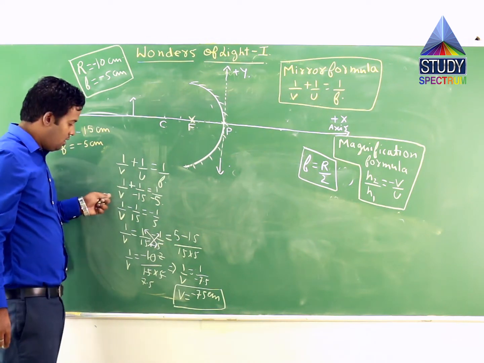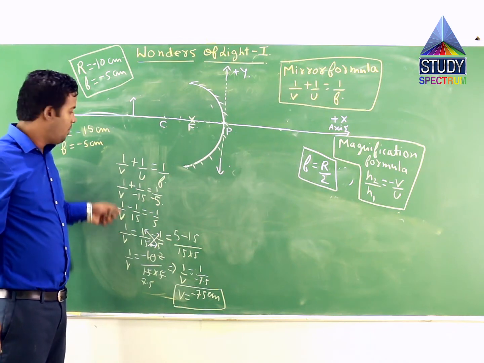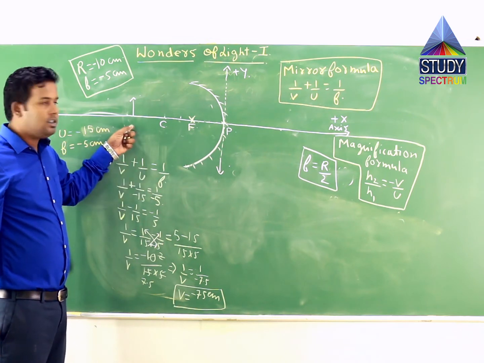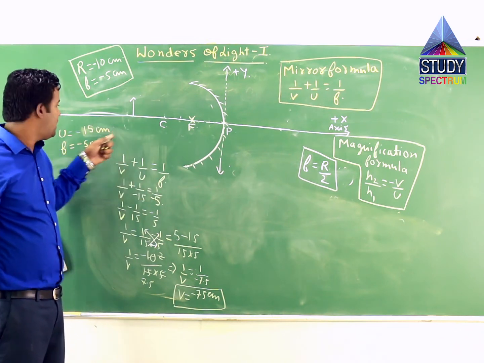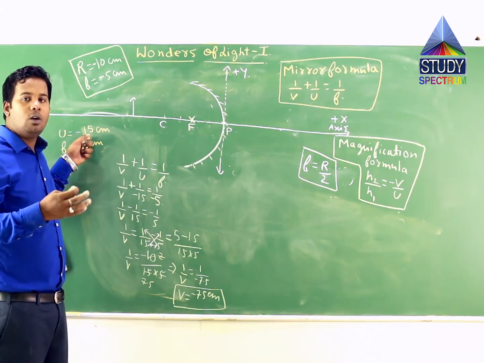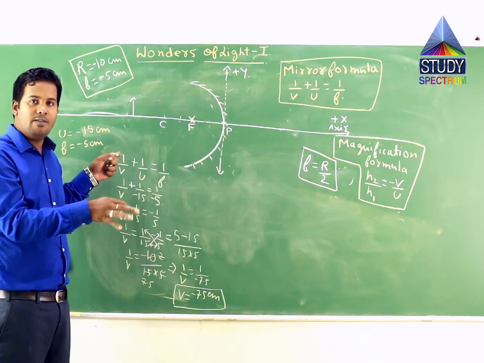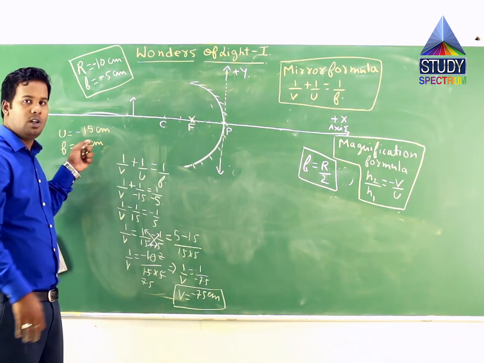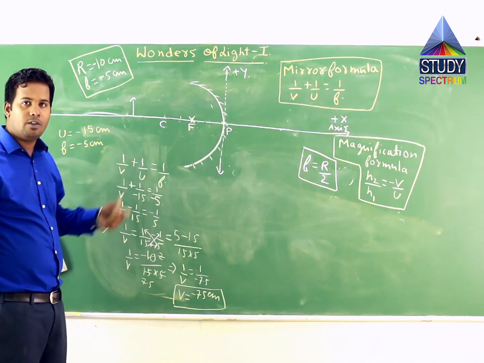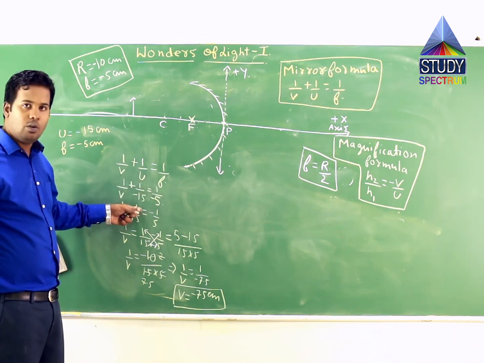So let me explain again how I have calculated this using the mirror formula. 1 by V plus 1 by U is equal to 1 by F, correct? Since my case is the object is placed beyond C, I have taken U as minus 15 centimeter. I repeat it again, only for theoretical questions. In numericals where data has been given, you have to take the same value, but since it is a theoretical question, I have assumed the value, just to memorize that table of different cases of objects placed in front of a concave mirror. I have substituted the values of U and F in this equation.